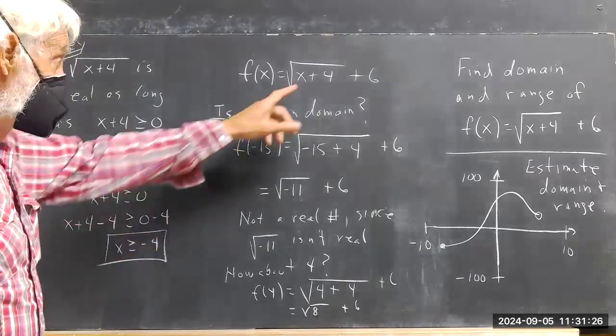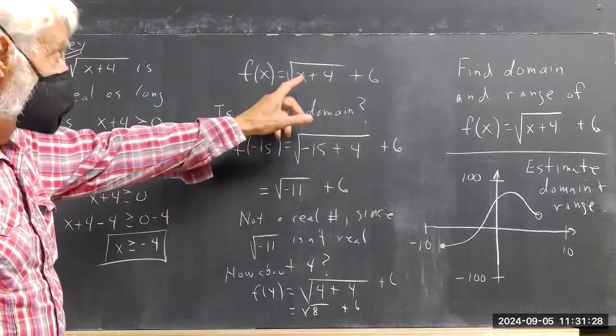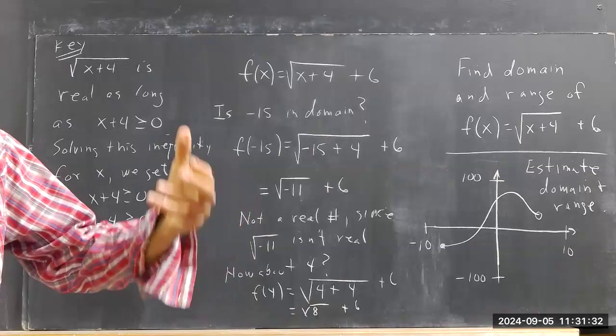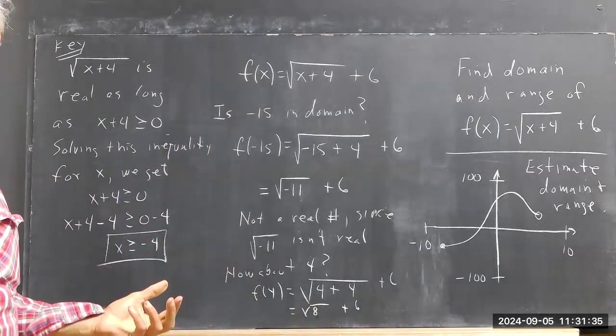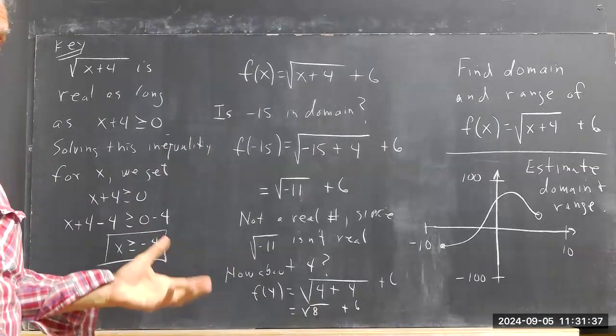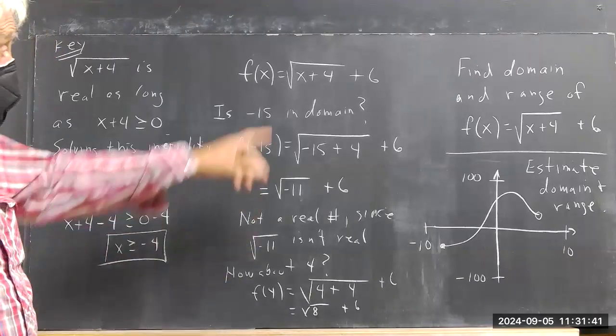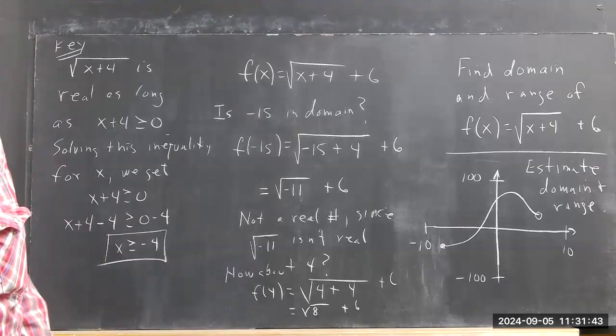And for any number bigger than 0, x plus 4 is going to be bigger than 0, and we're going to get the result. Okay. That's something very important to understand. If you've got questions about domain and range, very often they involve square roots. And, you know, for the homework,